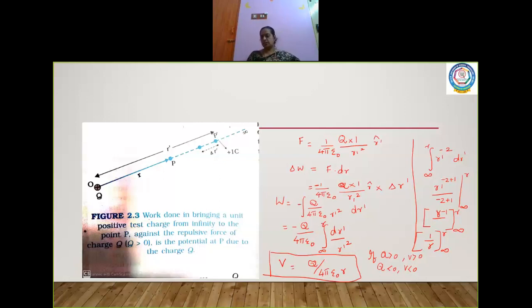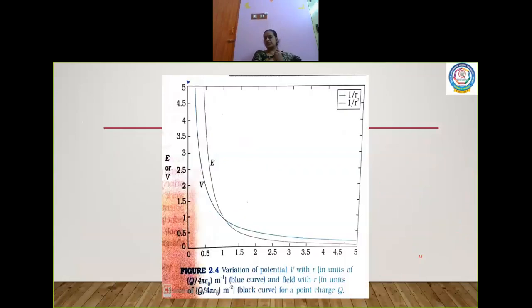So please work out this derivation. It's a very simple derivation. You can understand it easily, and have a very clear understanding of what the derivation is about. Okay. So with this, let us move on to the graphical representation of variation of potential V with radius. Now here there are two graphs, children. One is the graph by varying potential and radius. The other one is by varying electric field and radius.